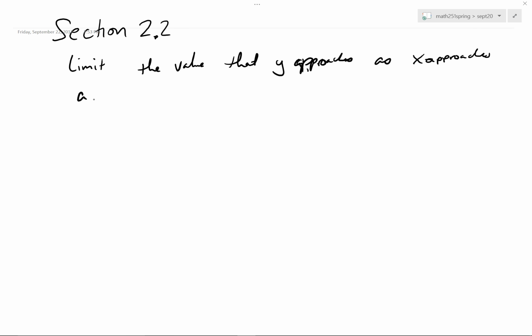And so the idea of a limit, the definition of a limit that I'd like you to know is this. It is the value that y approaches as x approaches a particular value. Now, in the case of some boring functions like a linear function,